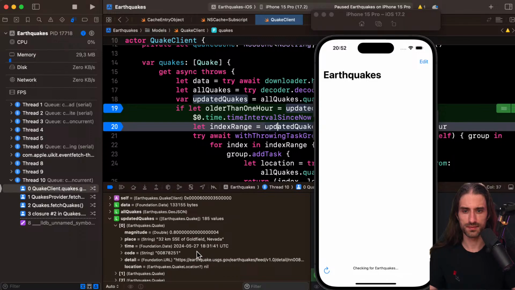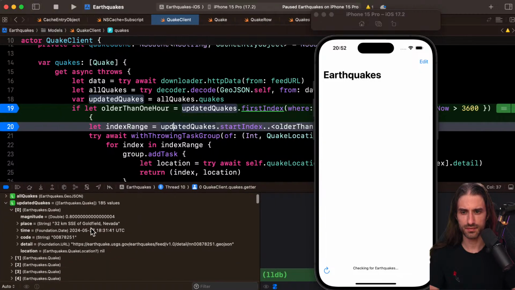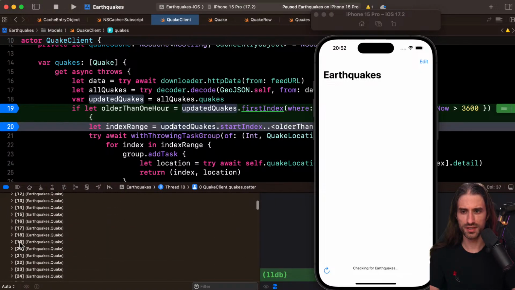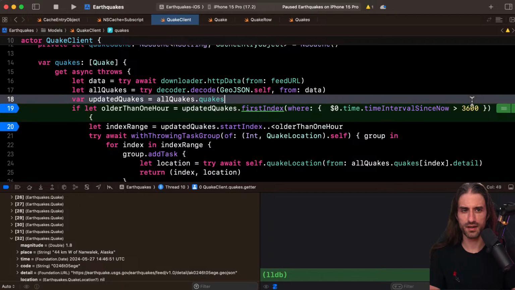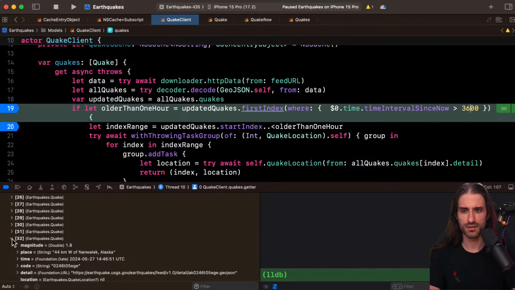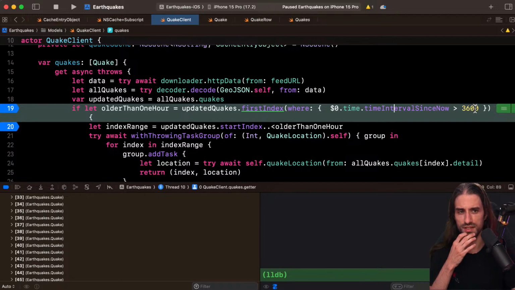Okay, so this is, okay. That's a valid time, all right. But what's weird is that this is definitely more than 1 hour ago. That's why I don't get why it doesn't return anything. It's so weird because it's time interval since now.